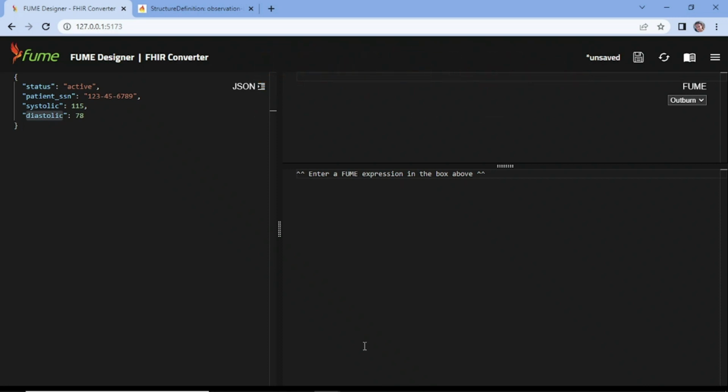Hello, welcome to video number 6 in the FUME tutorial series, and this time we're going to work with profiles. I have blood pressure information here with status, patient social security number, a systolic value and a diastolic value, and FHIR demands that this type of observation be represented as an observation resource that conforms to the blood pressure